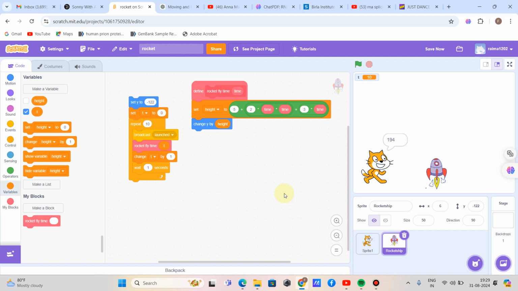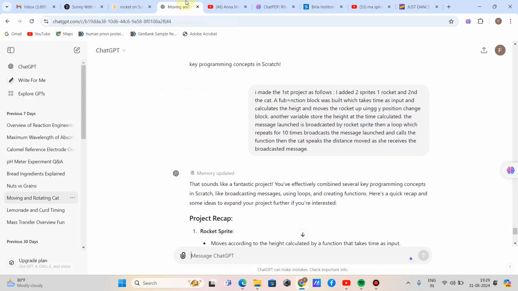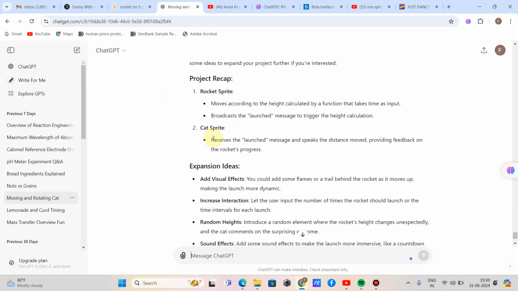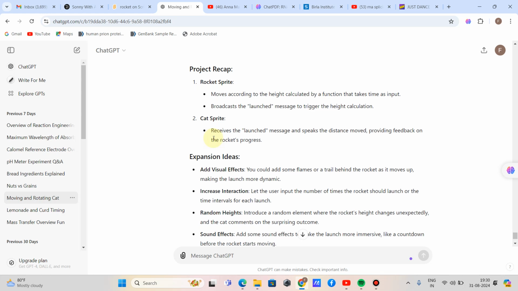So today I'm going to solve a problem about a rocket sprite.